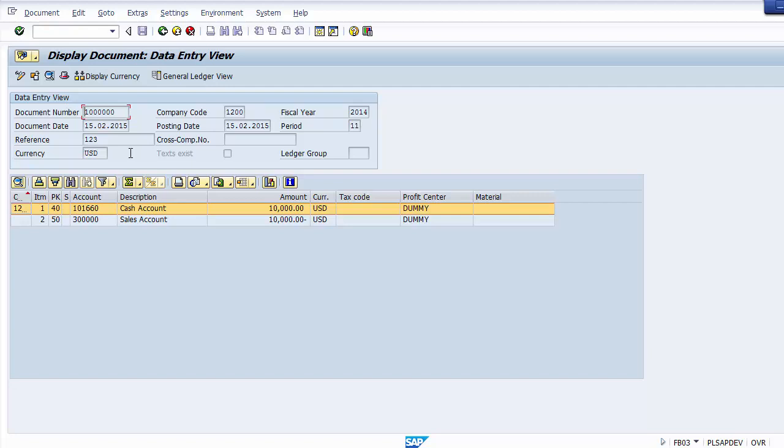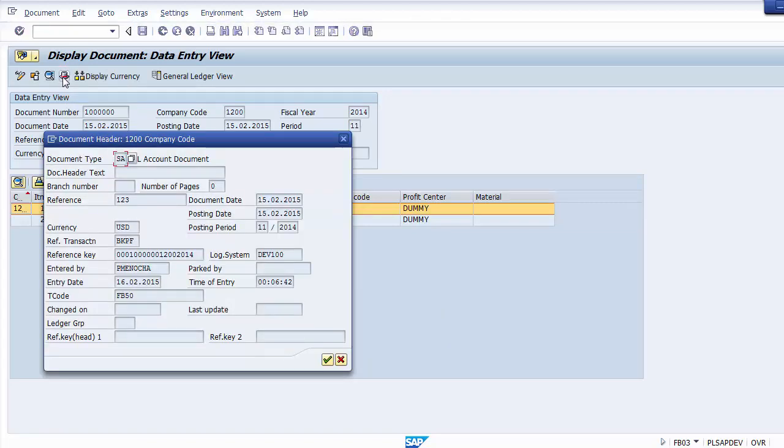So this is how you can check and display your documents. It could be any document number which you want to display. You can display it with the transaction FB03. And if you want to check further details within this, you can go to this tab, which is known as display document header, and once you click on this display document header, it gives you a number of more information, like